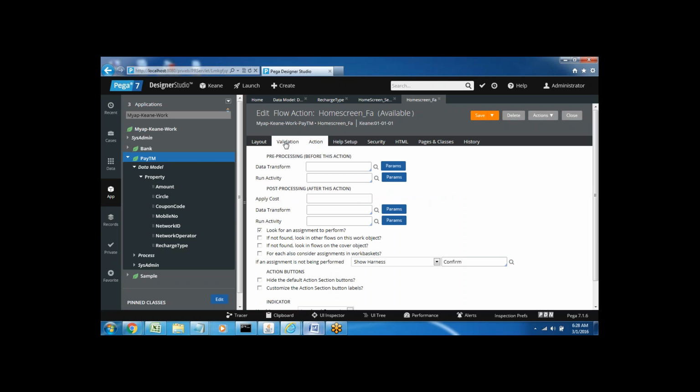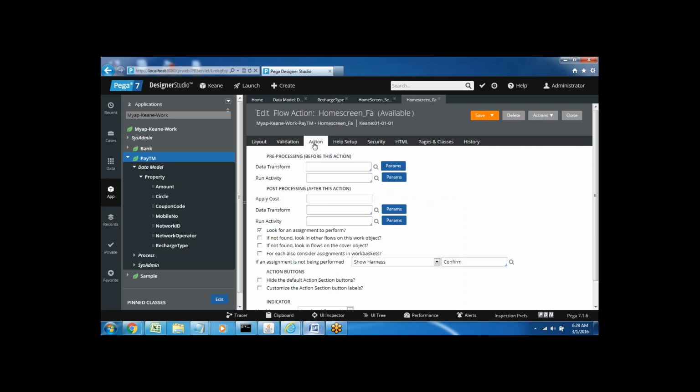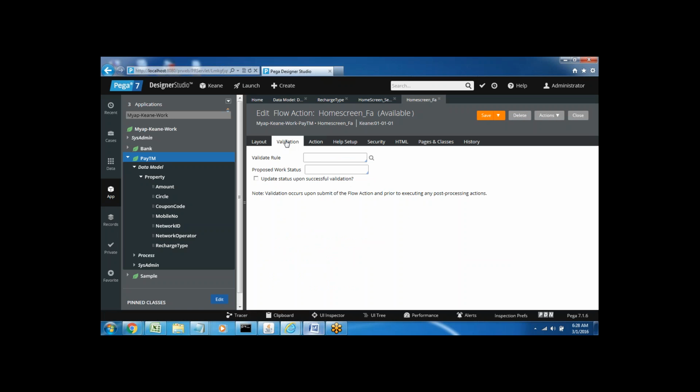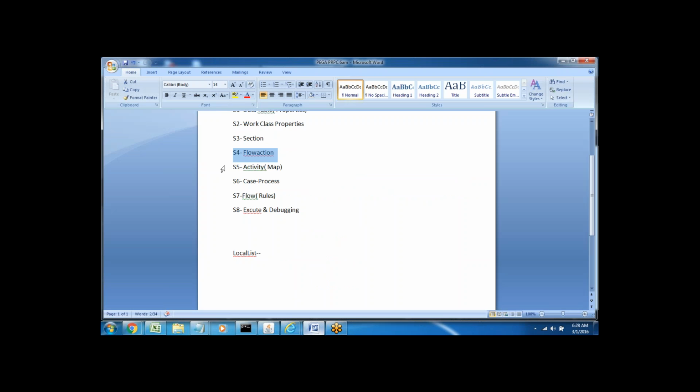Generally, the other purpose of the flow action is that we can perform additional actions on this design, like validations and business logic. Those options we will get in the coming sessions. Right now, after adding the section, just save the flow action rule, and in the next step we will configure the